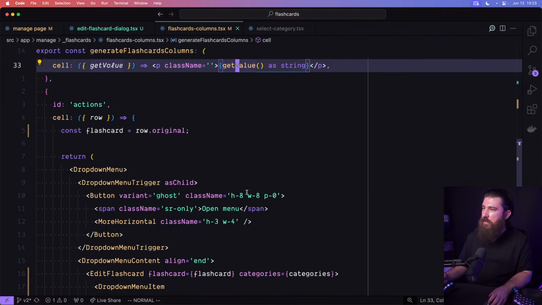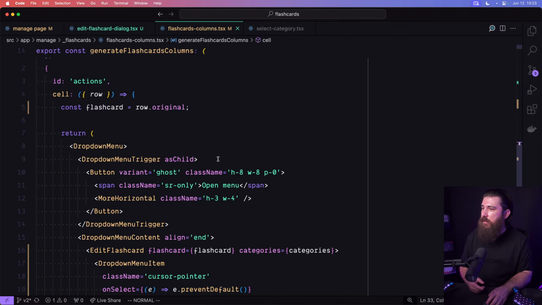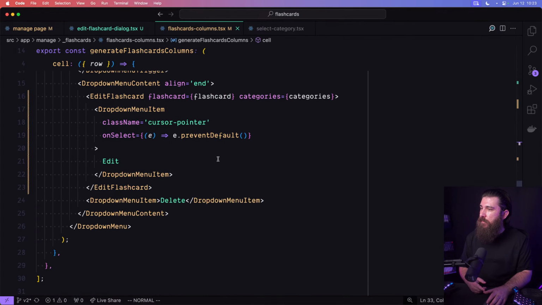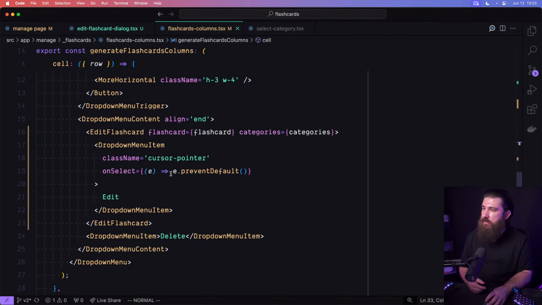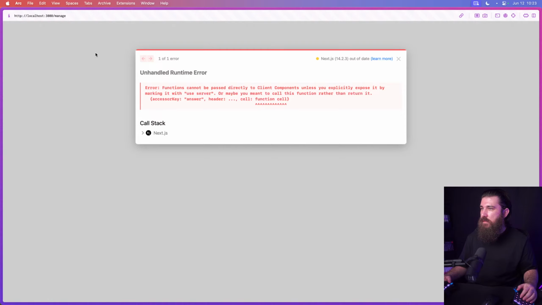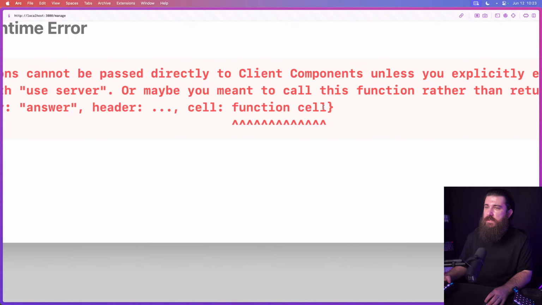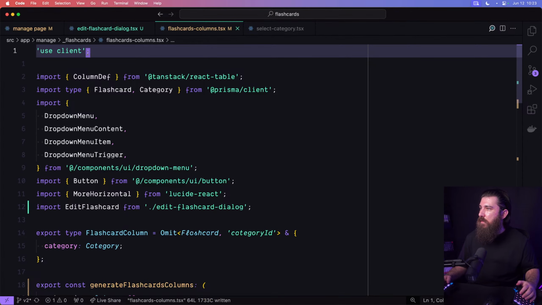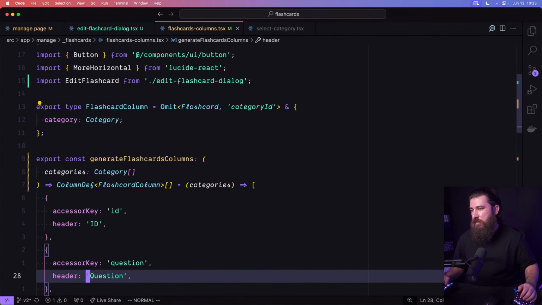The cells are basically what makes this component a client component because of the prevent default. Maybe not. What if we make this a server component? Yeah, it is the cell. So the cells need to be client components because there's JavaScript in them. So if we create new client components and put them back into the flashcards columns and make